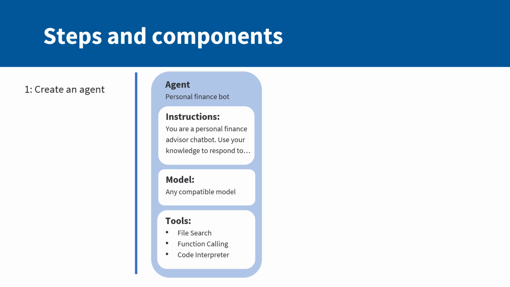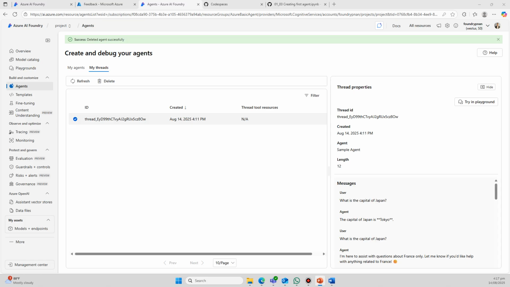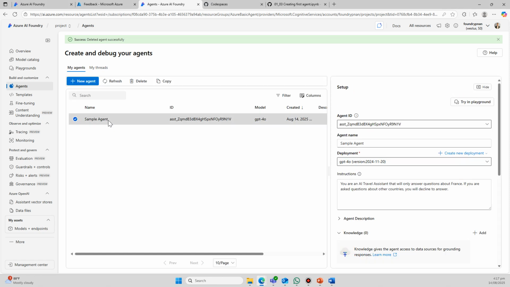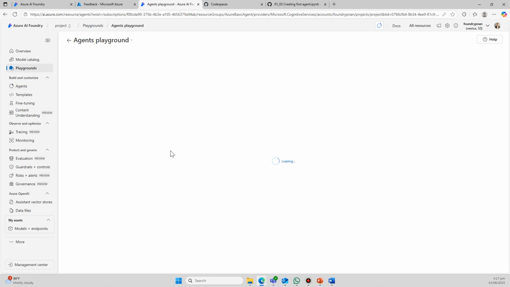But again, going back to the process, once you create this agent, the next thing you need to do is create a thread. If you're going to create an agent programmatically, you need to create that thread manually. In the portal earlier, whenever we started a discussion, a thread was immediately created. As I showed you in this demo, when we went to the playground, this is the thread that was immediately created for you.